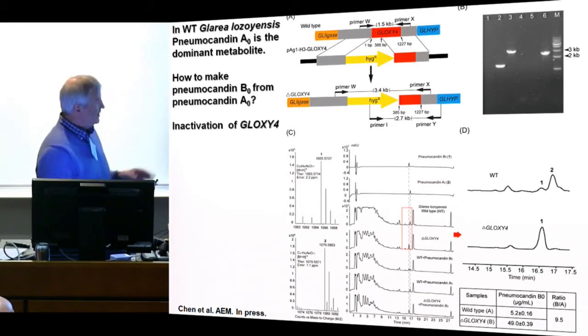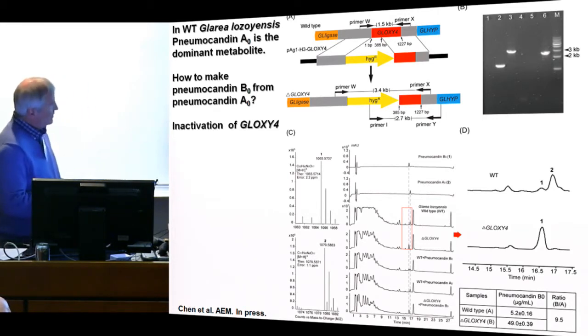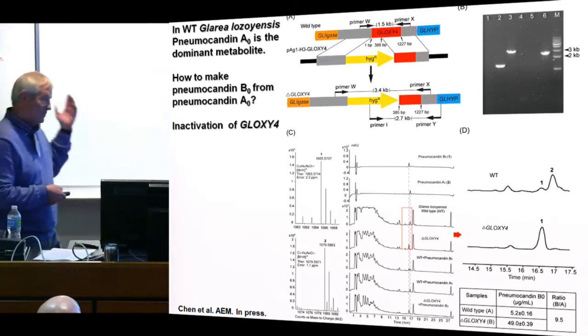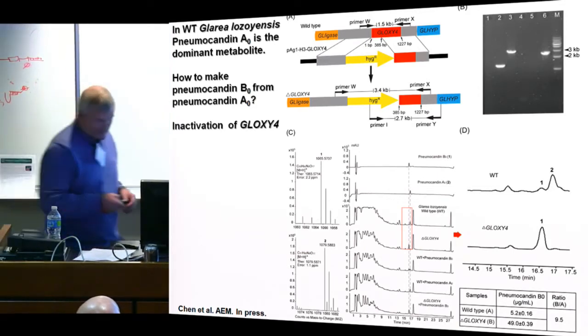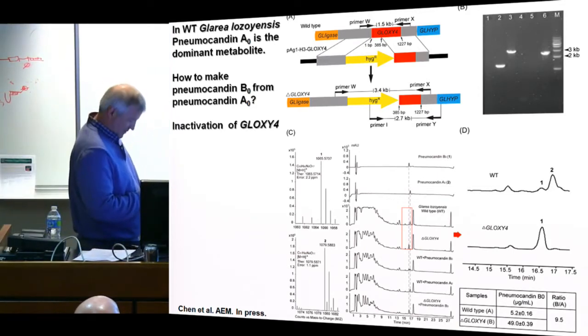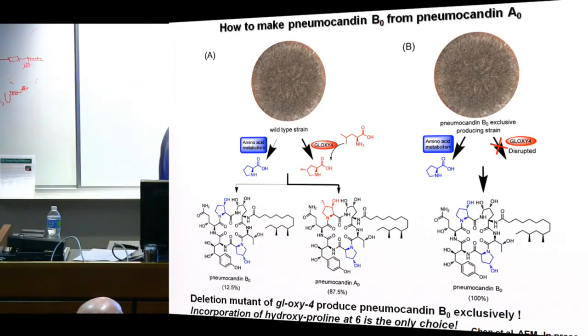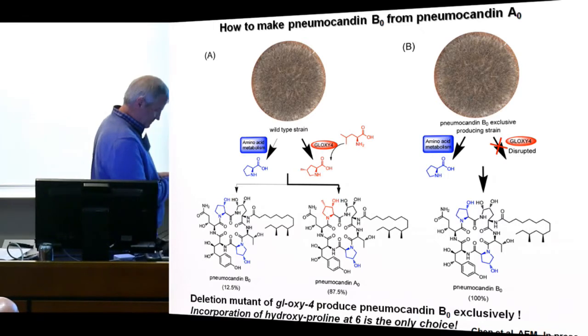Just one simple gene inactivation would have saved 2 or 3 years of work at Merck. And not only does it give you exclusively B0, but it jumps the titer about 9-fold. So that's really interesting, and I think it's potentially useful, although it's probably way too late for Merck. Okay, so next slide. Just to show you how this works, in the wild type,